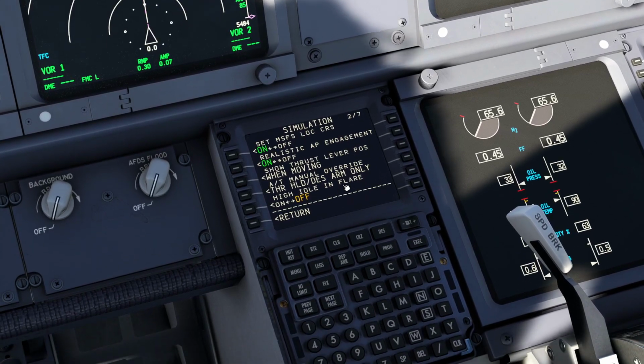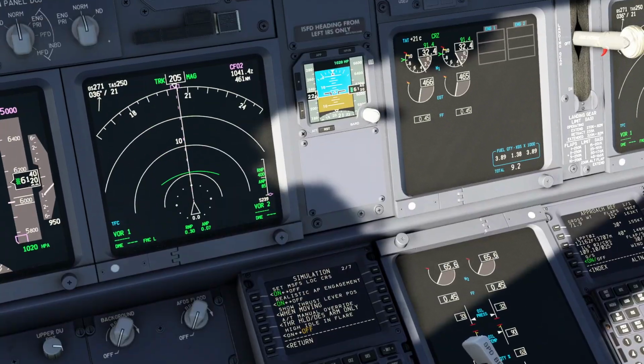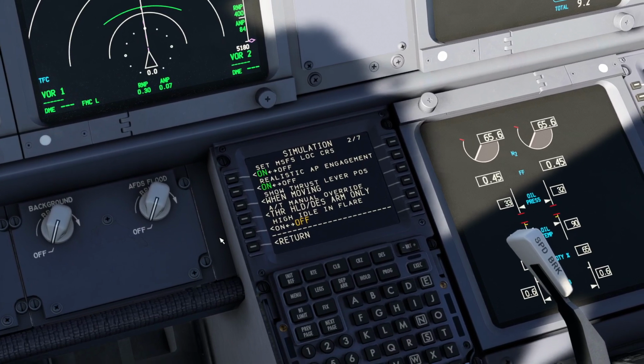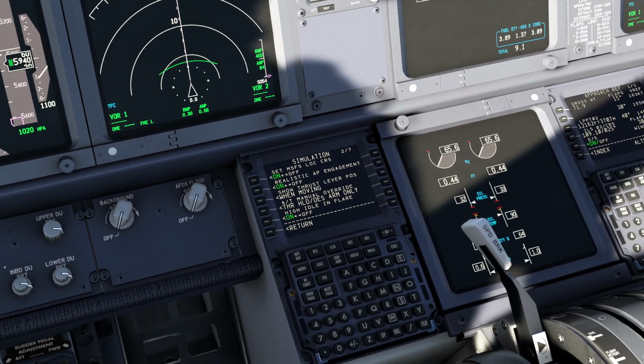Okay, so due to a limitation of Microsoft Flight Simulator, the PMDG allows you to select this high idle in flare to on or off. That means you will have the approach idle working or not. Usually it comes as off, like the approach idle is not working. This is not the most real one, but PMDG says that if you keep it on, you may have a delay